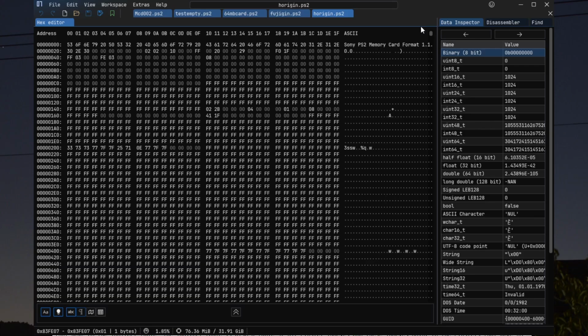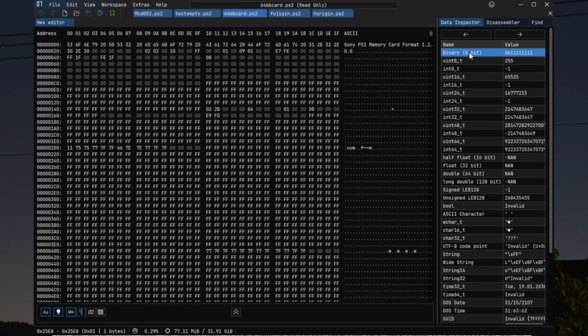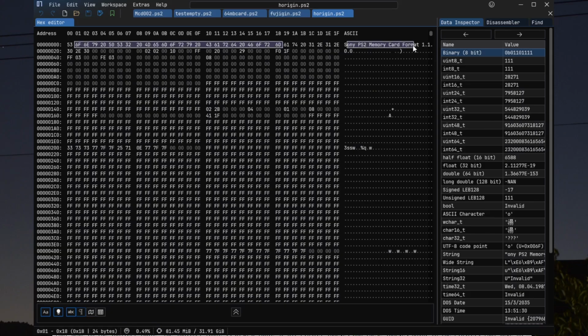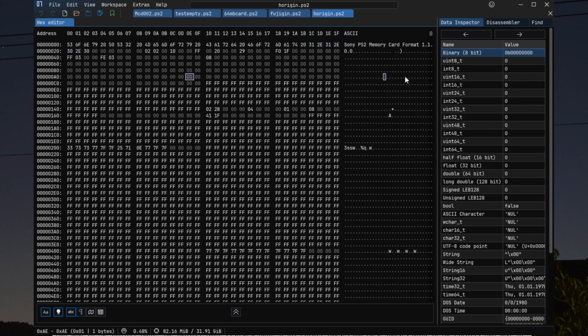Okay, so this is a full dump of one of the memory cards I have. I only have 8 megabyte memory cards, so they're pretty standard. But I do have a 64 meg virtual memory card that we can have a look at a bit later as well. You can see the Sony PS2 memory card format string up the top here, right? And the version number at the start of the card. This one is version 1.1 actually, so it does not have the full bad block list support. This means that it actually has more allocatable clusters. If you see over here,